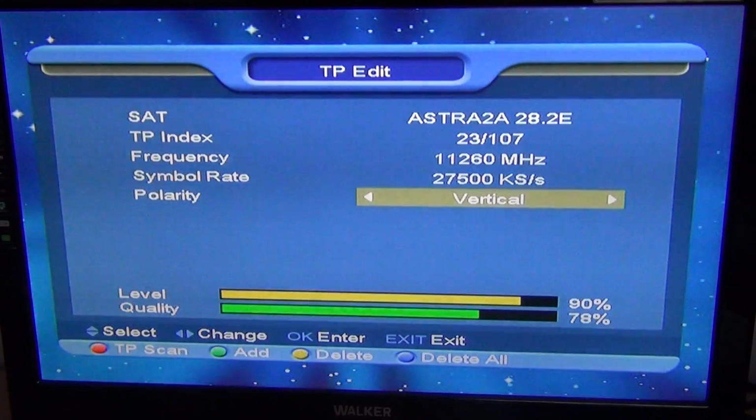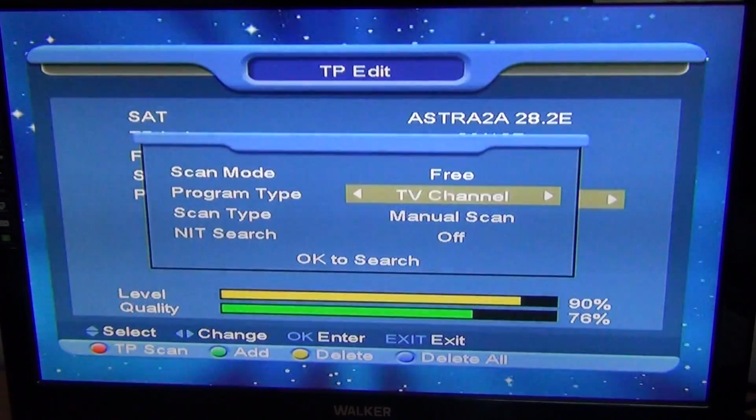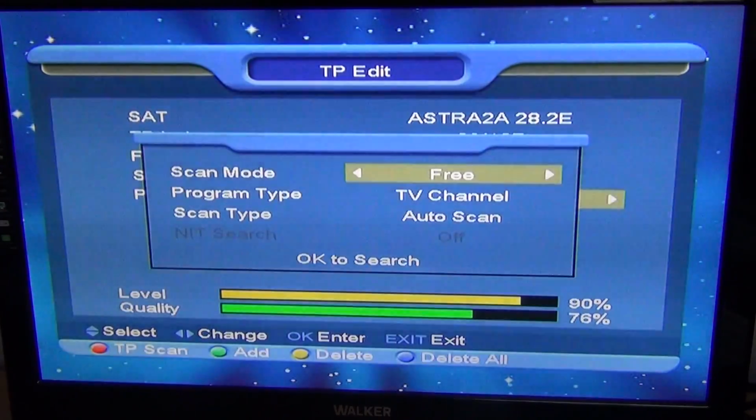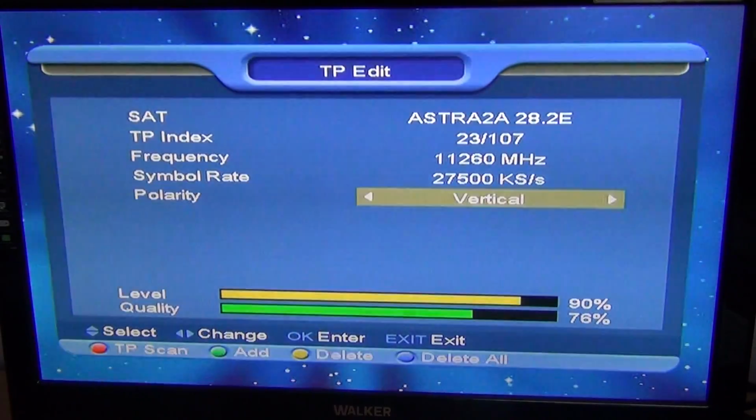So what you can do at that point then is just hit the red button for TP scan. So scan mode free is what you want, free channels. I'm only looking for a TV channel, so I'm just going to pick TV channel, and I'm going to say scan type. You can say auto or manual scan, but I'm going to say auto scan, and then just press OK to search. Now this will be extremely quick because it's only scanning one transponder, and that's how quick it